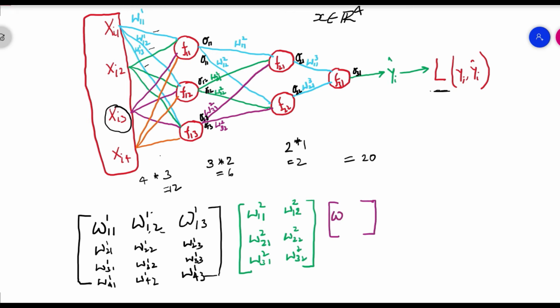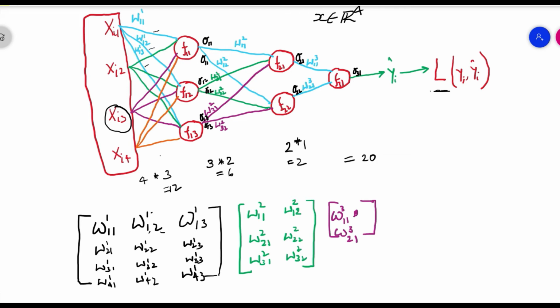So we have W311. This means the weight that is connecting the edge going as input to the third layer, or the output layer, from the first activation function of hidden layer 2 to the first activation function of hidden layer 3. And we have one more weight, W321. W311 is over here, W321 over here.